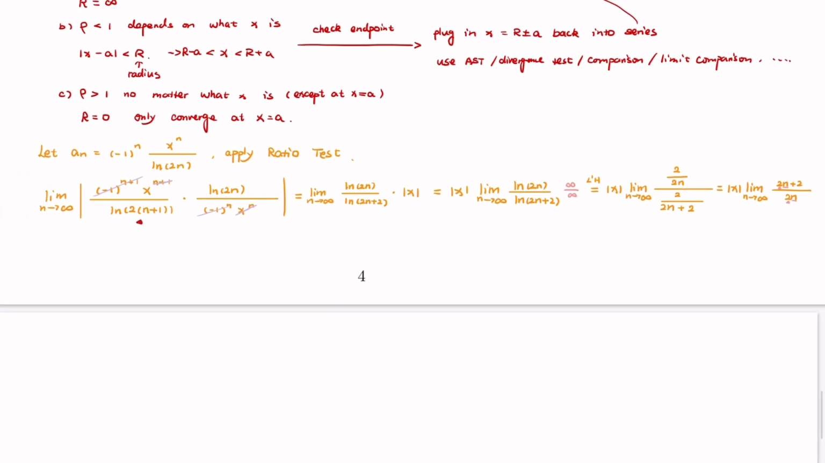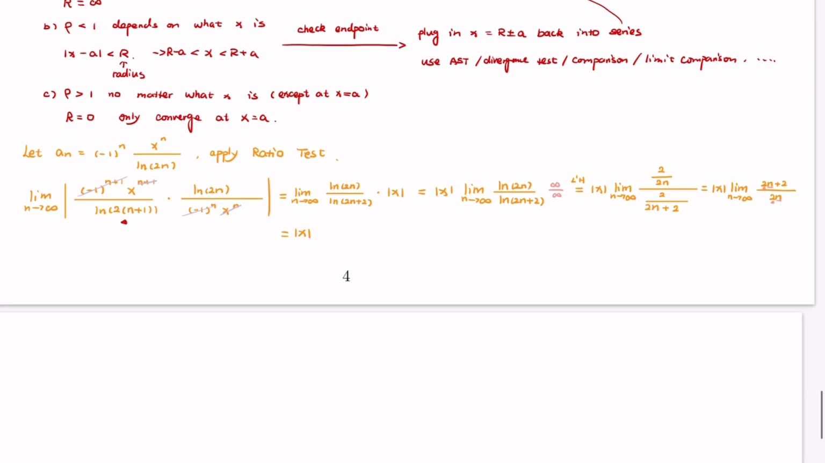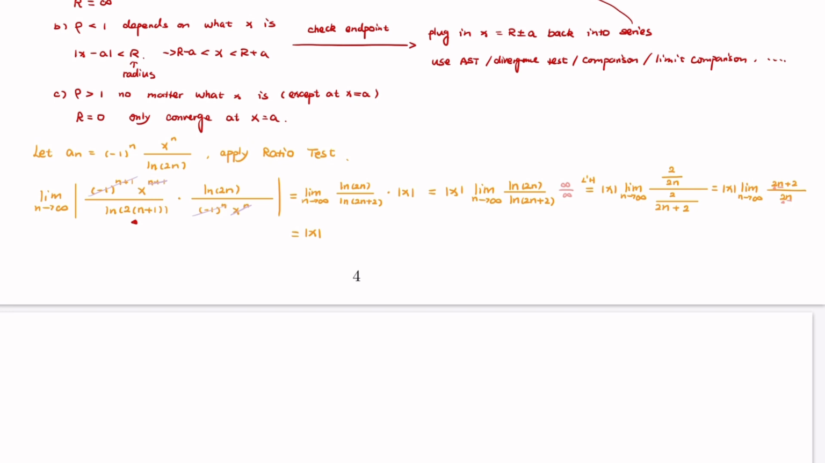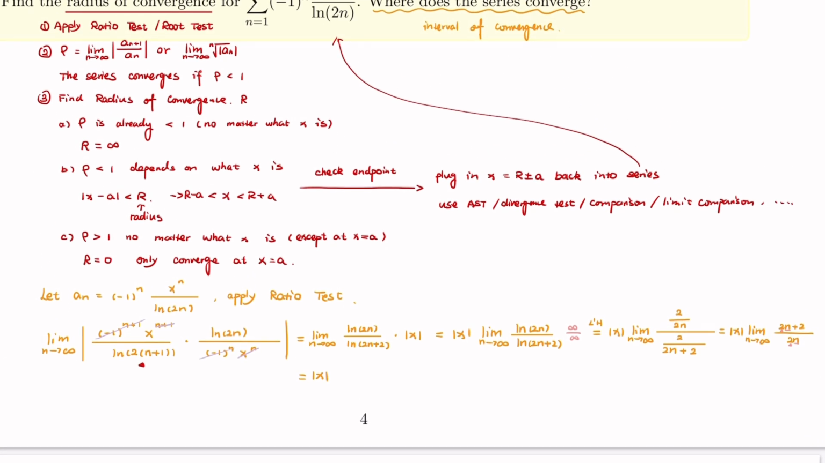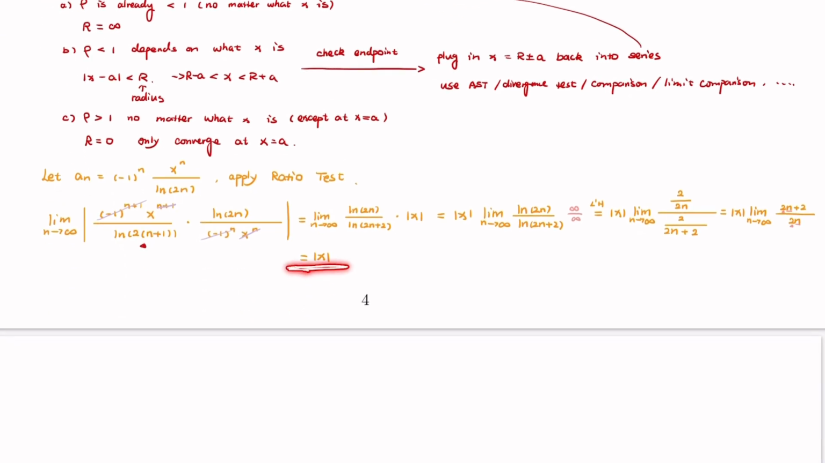So I'm going to move on to the next line because I'm running out of space. So this is actually absolute value of x. Okay, it doesn't matter. And we are done with the first line here, apply ratio test or root test. And we know that by ratio test or root test, my series converges if and only if my rho is less than 1. So this is my rho, and I know that it converges if and only if this is less than 1. So to write that down, by ratio test,